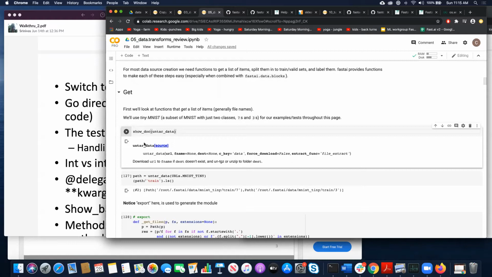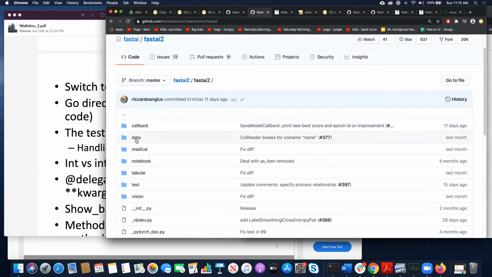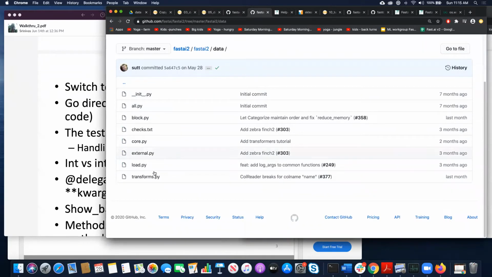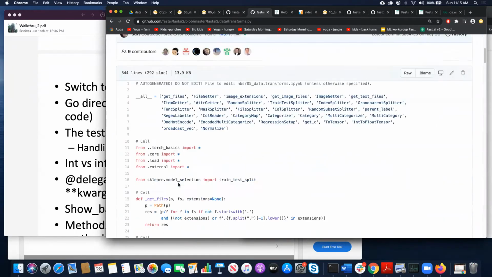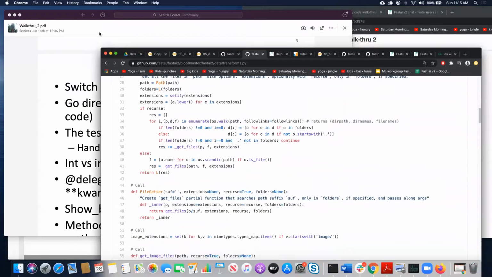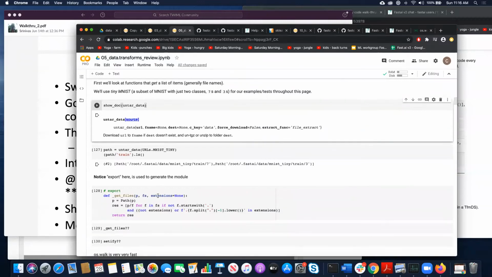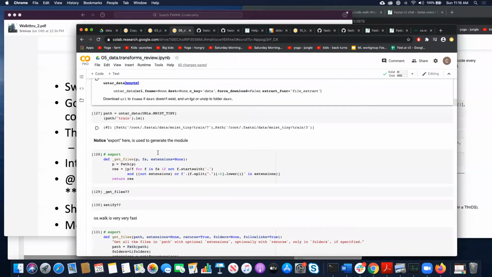But in here, we can still show where the documentation is, and if you know where it is in the documentation, then you can just go into FastAI and follow along there to what it should be. For example, in here, if you know something that should be in data, for example data transform, you can go and find it in here, right? But obviously, the part that you want to get working is to get it directly when you do that. Here, just documentation and get the link. Okay, so in this example, what we did was just download